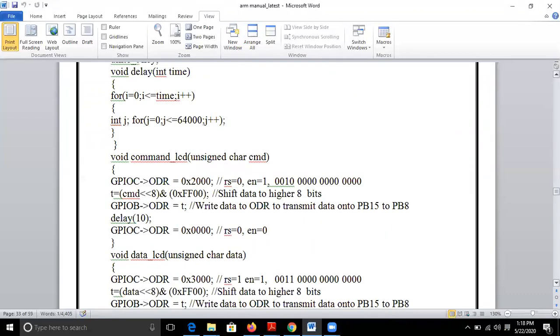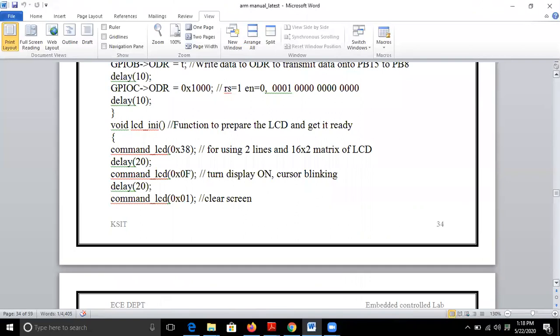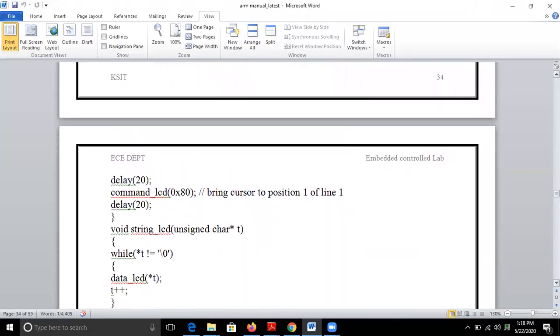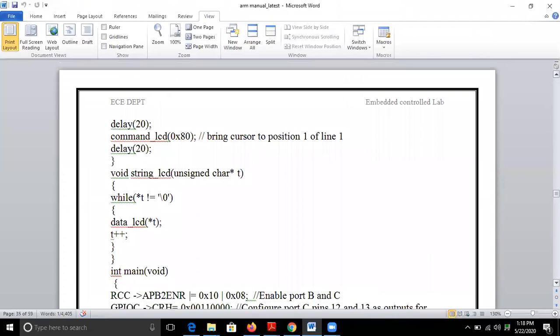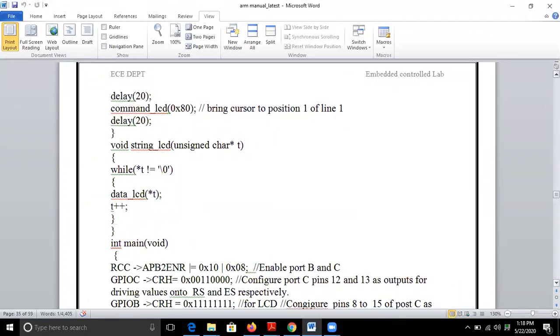Okay. So now let us go to the string_LCD function. What it does is it takes the string and displays character by character onto the LCD by calling the data_LCD function.